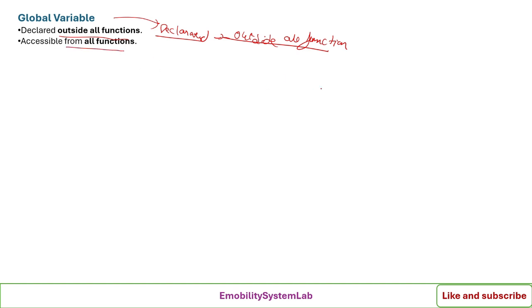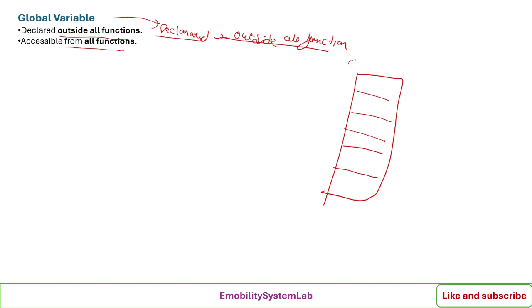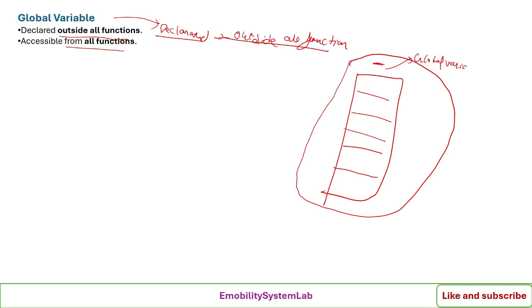So all the functions in the code. Suppose this is your complete code, and this code has been divided into multiple functions. This area you will see is the global area, so the global variable will be declared here. That is why the other functions, like these function blocks, can access the data which is stored in the global variable. Now, if we talk about the scope of this global variable,